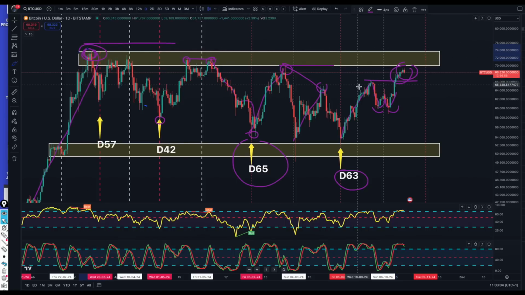So please remember, you don't use one indicator to give you a definitive idea of what's going to happen. What we do is we look at little signs, and this is quite a big sign that we may well have now reversed back to the upside.